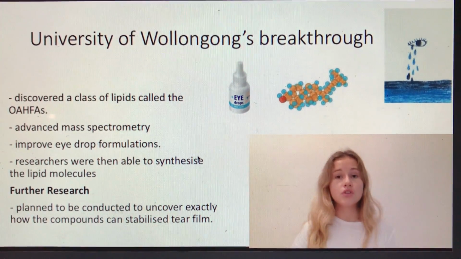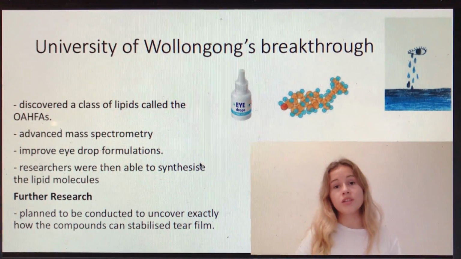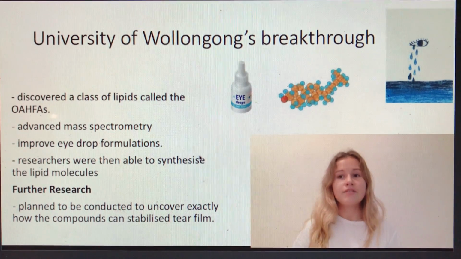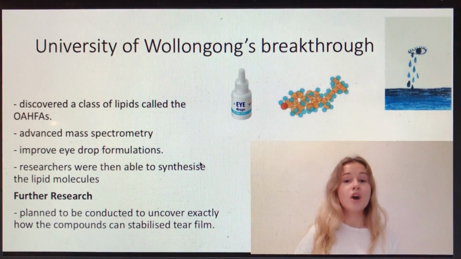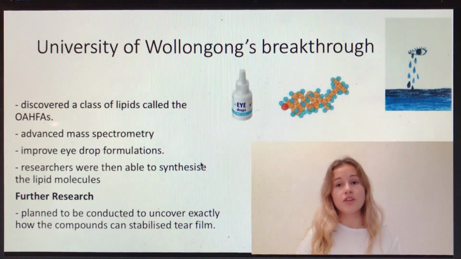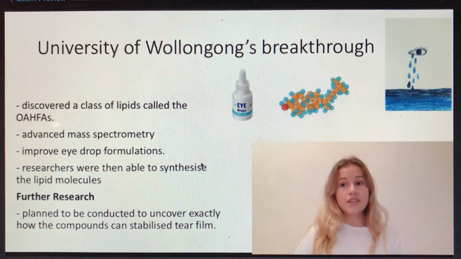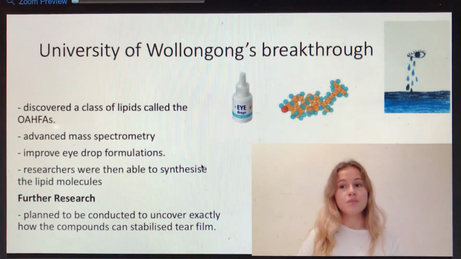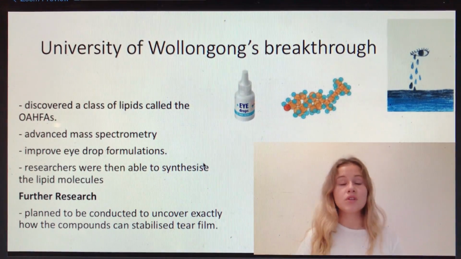The researchers used advanced mass spectrometry to determine the structure of an ultra-thin, ultra-long fat chain fatty acid that is key to keeping the tear film lipid layer optically clear. The finding may be used to improve drop formulations. The researchers were looking at the tear film that covers and protects the surface of the eye instead of the teardrops. The study was aiming to explain the exact molecular structure of the most abundant